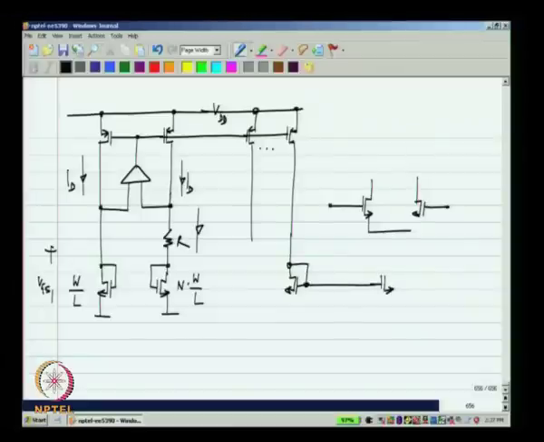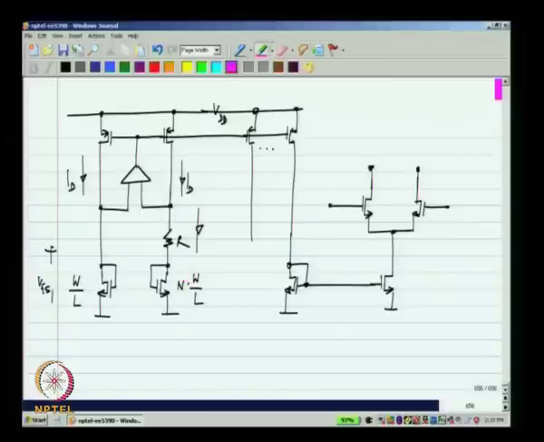I can do scaling as well. The currents in these do not have to be exactly the same as this, it can be a scaled version of that. For that I can use scaling in the current mirrors. Okay. Now, nominally these transistors will have exactly the same characteristics as those transistors and everything works the same.